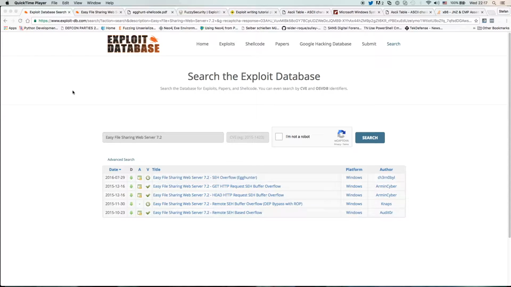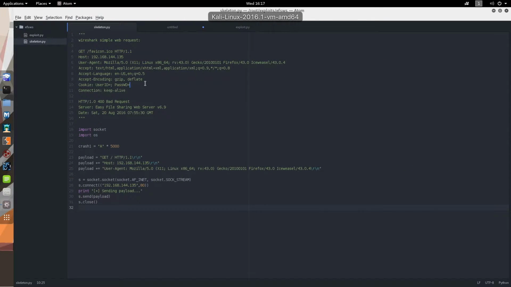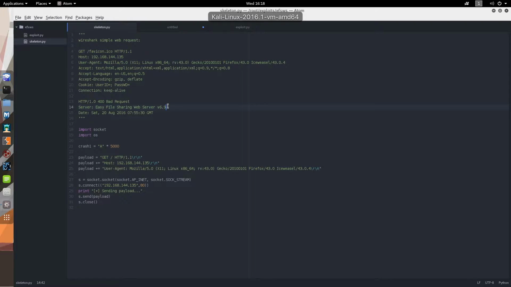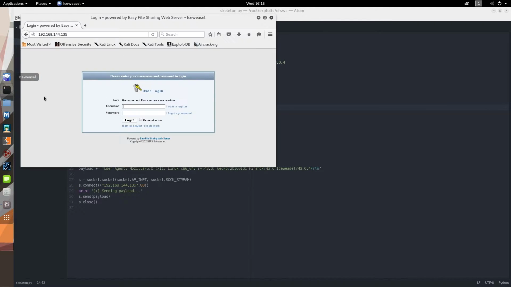Hunter. Just as in the last videos, if you want to follow along, go to the exploit database, look for, this time for the Easy File Sharing web server, click on this application icon, download the executable and install it in a Windows machine. What we will need for this session is a Kali machine, which will act as our attacking machine, and our victim machine. As you can see here, I already installed the Easy File Sharing web server and it's running on this IP address. Before we start anything, we want to make sure that the network connectivity is set correctly. To do so, I just tried to reach the web server and as you see, it is working.